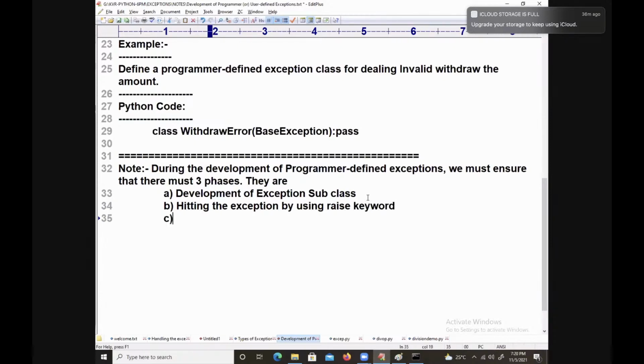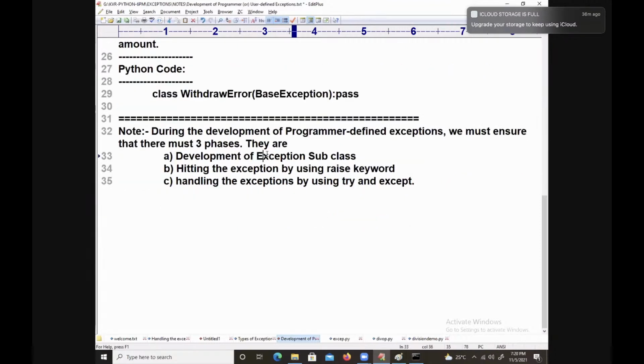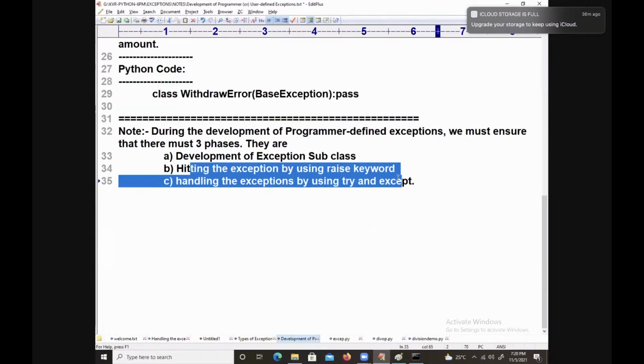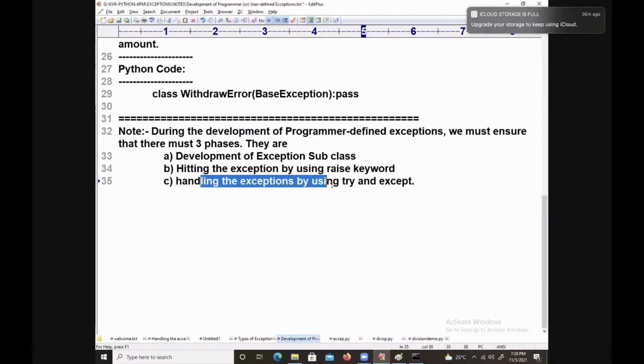Next, C is handling the exceptions, by using which keyword? Try and except. So: development of the exception subclass, hitting the exception by using the raise keyword, handling the exception by using try and except.